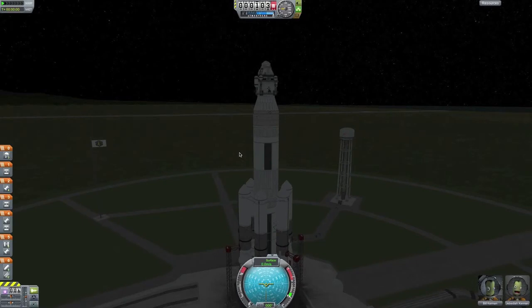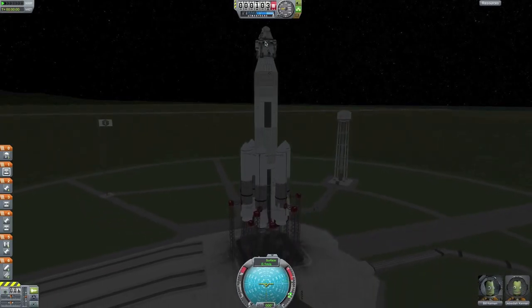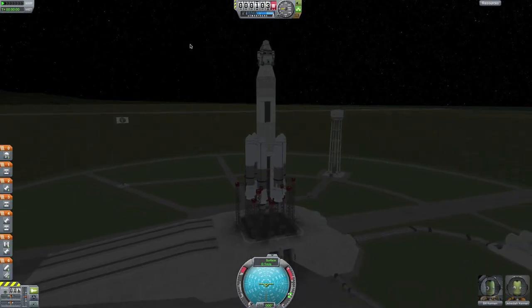Alright, we're on the launch pad with Eeloo Project 2. It's basically a lunar lander with the Joule 5 rocket set up below it. It really doesn't even need all of these boosters and everything like that. But basically what I want to do is see how much fuel I can bring into orbit with this thing, and